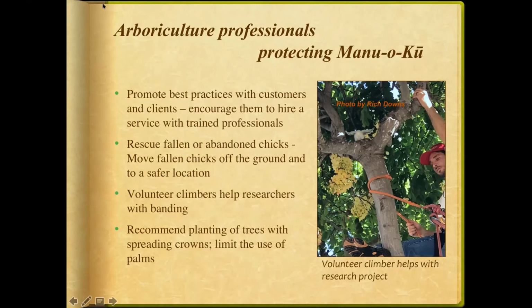We are always looking for climbers to help return chicks, work with Hui Manu Oku and the Fish and Wildlife, the wildlife agencies to return chicks to their breeding sites, and also, of course, to help with banding when that occasionally happens. And if you are in the fortunate position of making recommendations for tree planting,